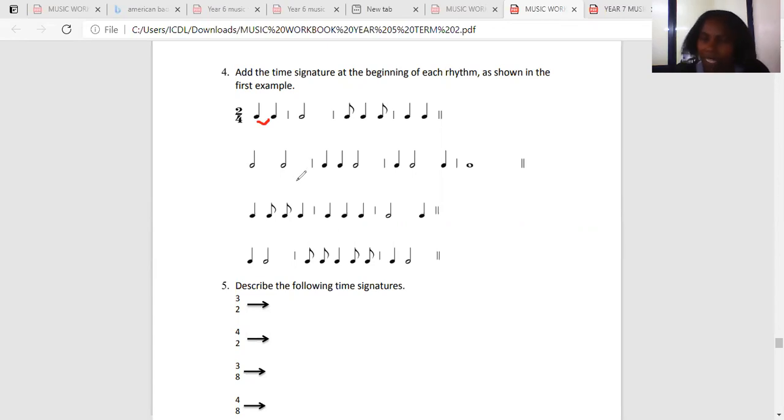Or somebody can say a minim has two crotchets. And here you can see 1, 2, and a minim has 2. So here, children, the time signature can be either 2 minims in every bar or 4 crotchets in every bar. So those who wrote 2 minims in every bar,